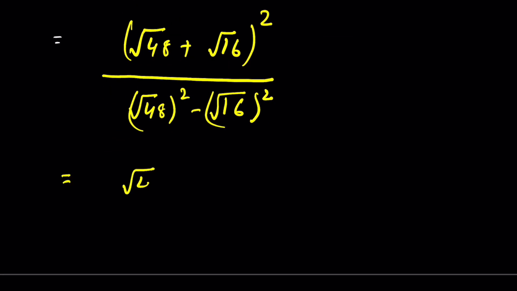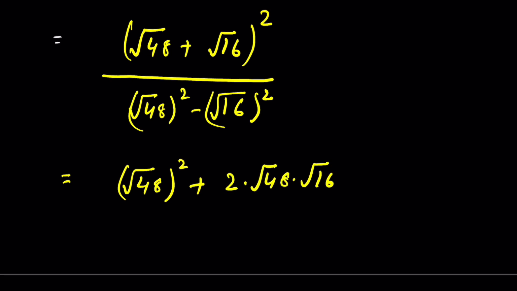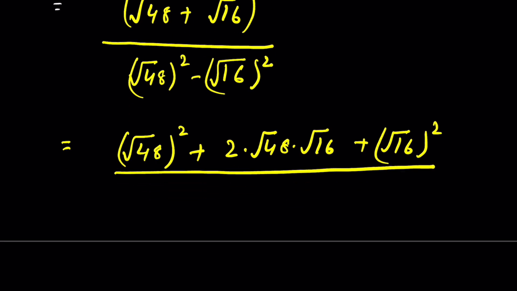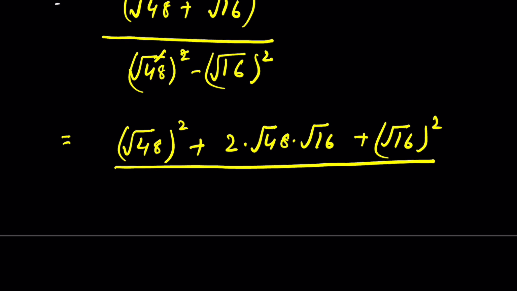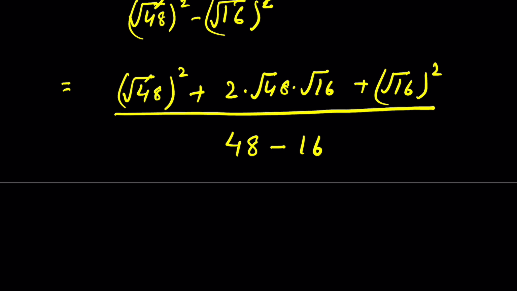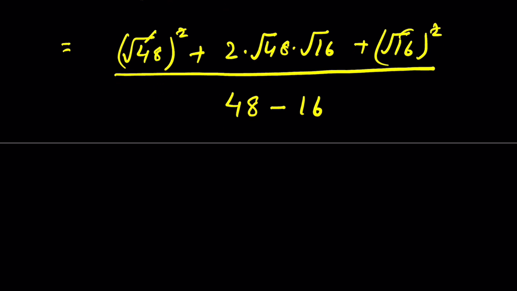So square root of 48 square, the expansion of a plus b whole square, plus 2 times square root of 48 times square root of 16 plus square root of 16 square upon, we can remove the square root with the square, so it will be 48 minus 16. Again remove the square root with the square, so 48 plus 16 is equal to 64 plus 2 times square